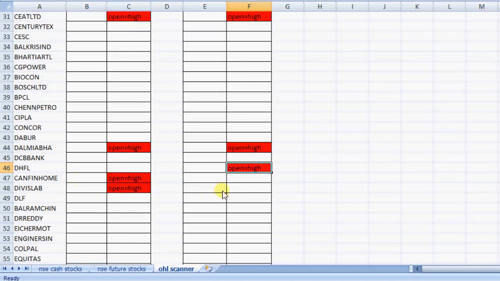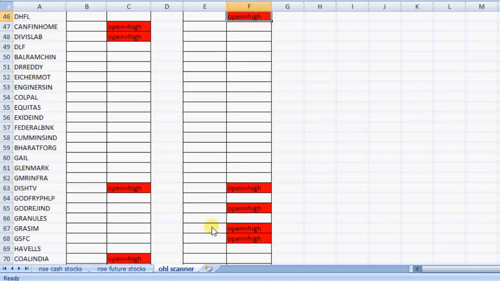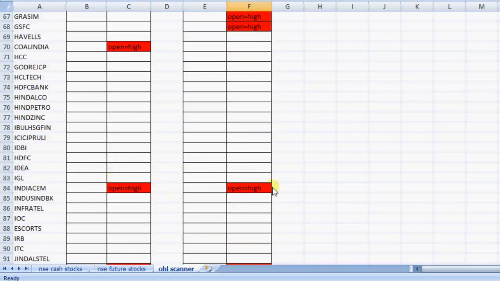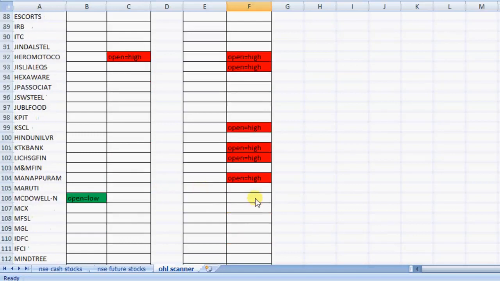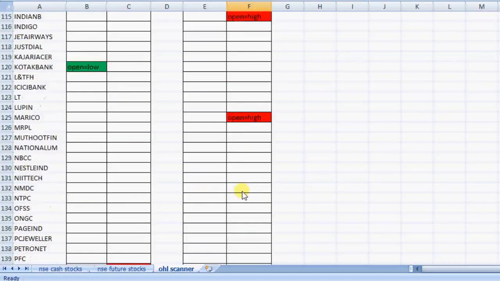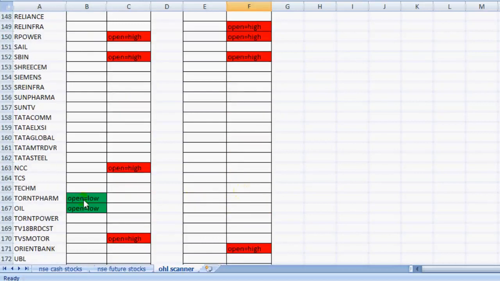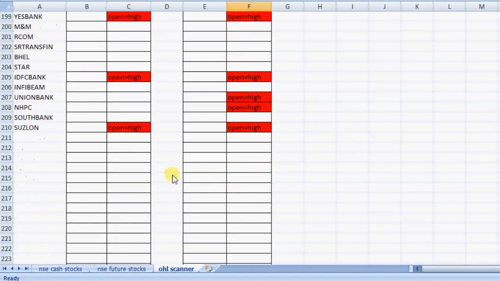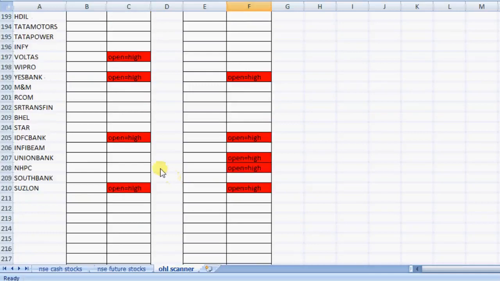Can Fin Homes and Divi's Lab, only cash is showing open is equal to high. So at a time it's very easy to find which stocks, both future and cash, show open is equal to low and open is equal to high. That's the benefit of the Excel scanner.